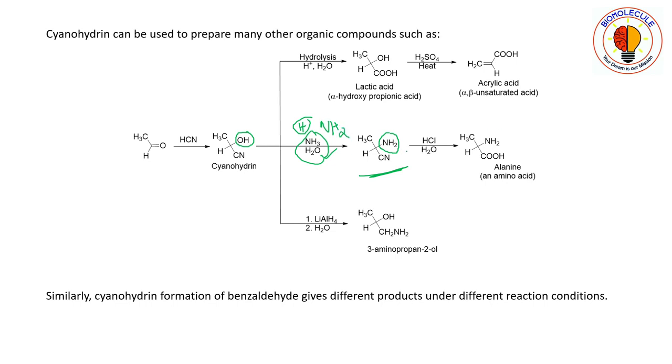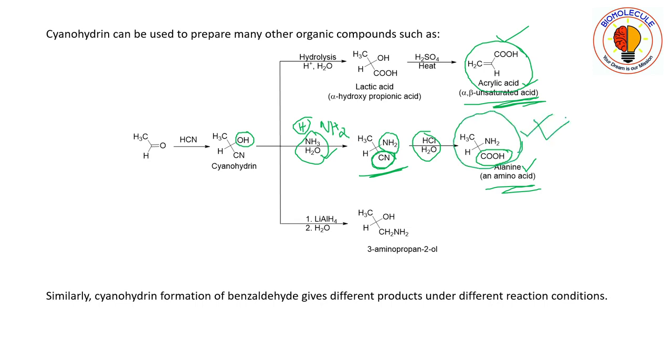Okay, now on further hydrolysis of this one, the cyanide group will get hydrolyzed to carboxylic acid, and the final molecule we are getting is alanine, that is an amino acid. Previously we were getting an alpha beta unsaturated acid, that is acrylic acid, and this acid is used in many organic syntheses, so it is a very valuable acid, and this one is a very valuable amino acid. It is present in our body. Okay,